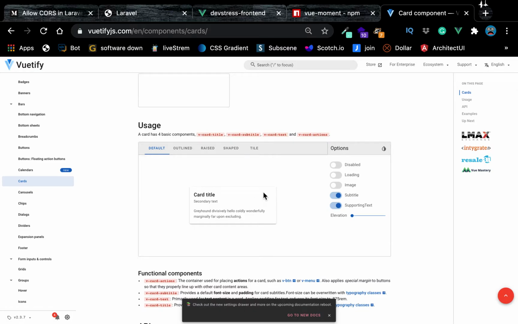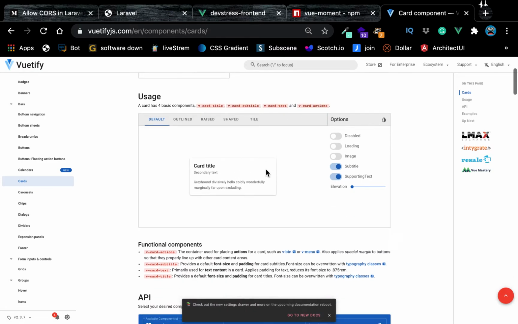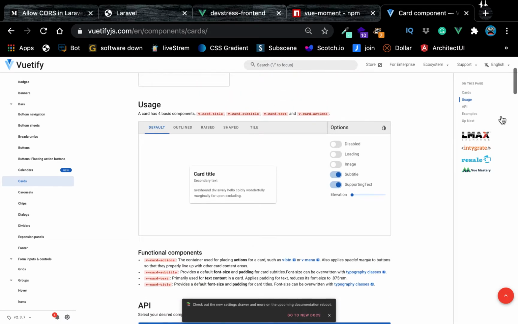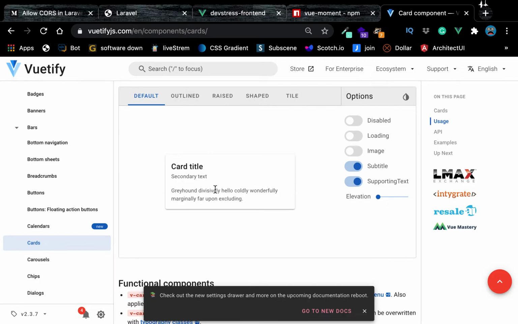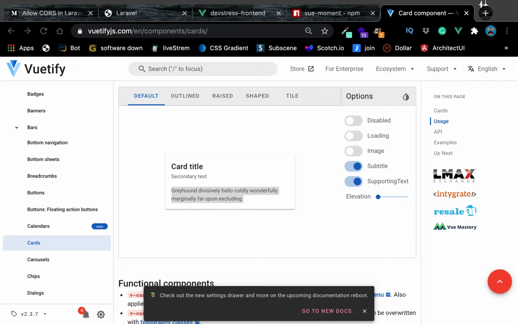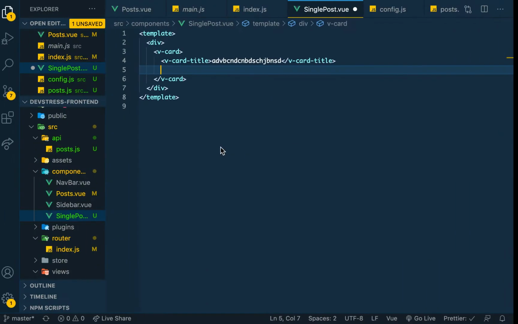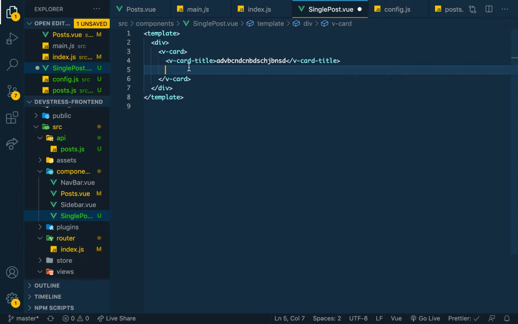So something like the title will be here, and then VCard text will be there, and the VCard text, and then the main content will be here. This is what we actually want. So I'm just going to be copying the stuff for my other code. So we have the VCard text, VCard text, and we can have something there,